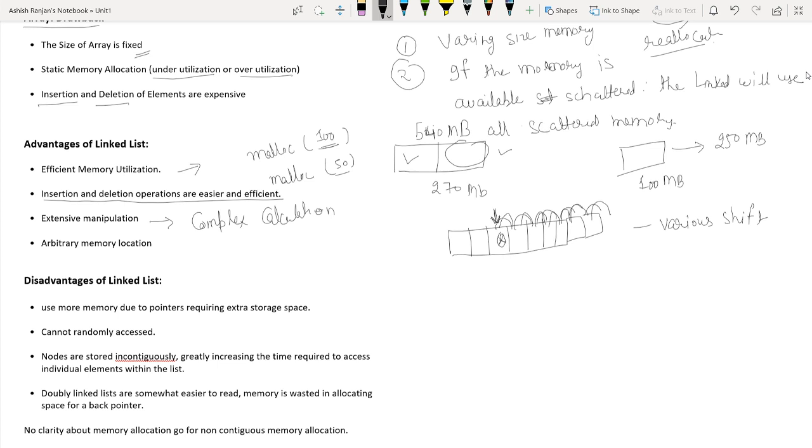Disadvantages of a linked list. There are some disadvantages also, even though it has advantages. The first one is, due to the use of an extra pointer, we need extra space. For example, if we are taking an array of 5 elements, then it is taking 5 into 4, that is 20 bytes, if the size of an integer is 4 bytes. In the case of a linked list,